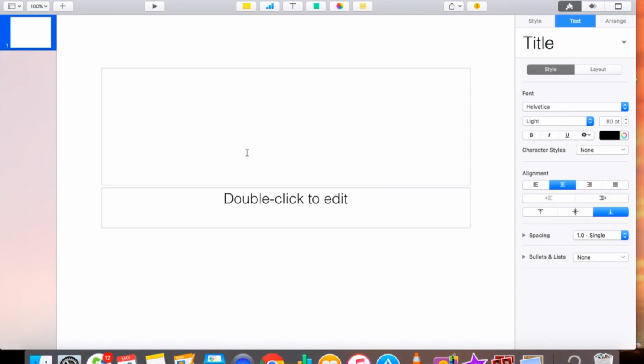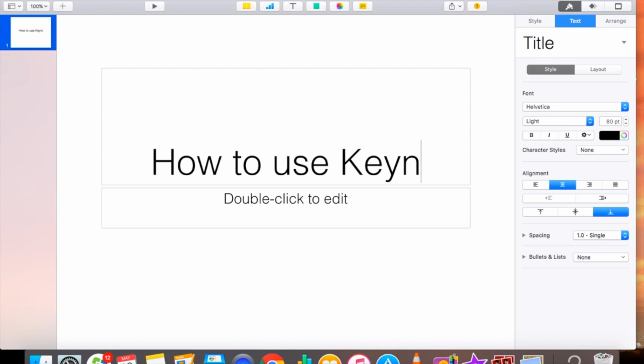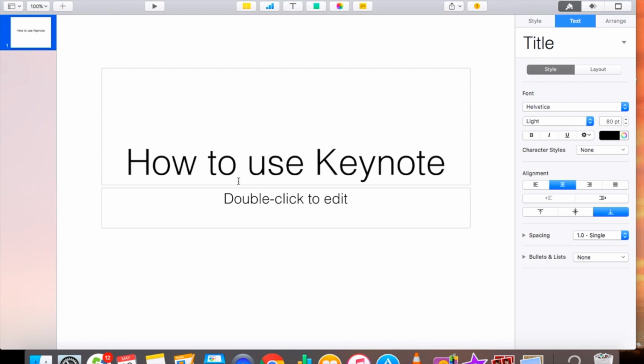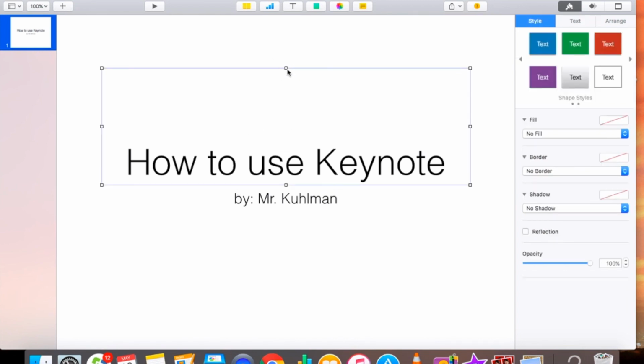So I'm going to title mine How to Use Keynote by Mr. Cole. So now that we have some words typed in here, and you can see how large these text boxes get, you can kind of play around with these text boxes. I like it to be really snug with the words, just so that I have an easier time